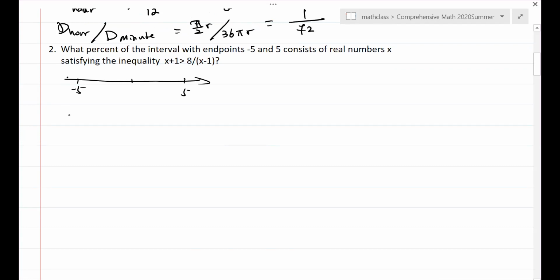When you solve this, let's understand this inequality. Do not just solve it directly. The key point is you cannot multiply both sides by x minus 1, because you don't know whether x minus 1 is positive or negative. So you take the difference, and this should be positive. Then you simplify, and after you simplify, that inequality becomes